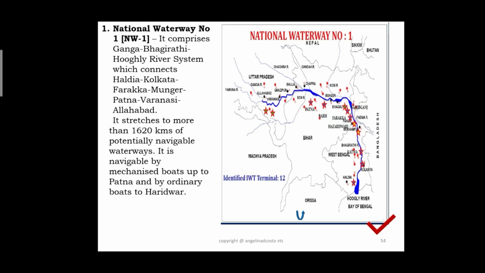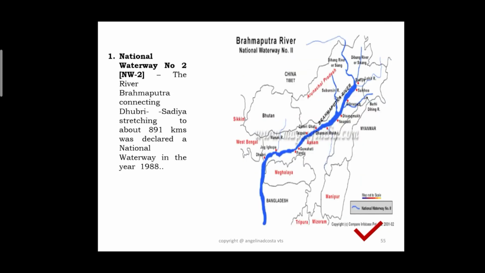National Waterway number 3 or NW3 runs from Kollam to Kottapuram, comprises 168 kilometers of West Coast Canal along with Champakara Canal and Udyog Mandal Canal. It was declared a national waterway in 1993. It is one of the most navigable and tourism potential areas in India and has much to offer to the potential tourist. National Waterway 6, Lakhipur to Bhanga of River Barak of the Northeast region, the shortest waterway.